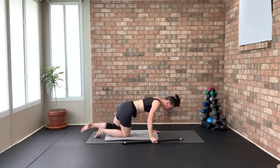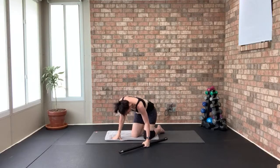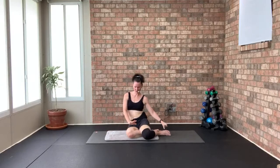Woo! All right. Okay, you guys, we're going to put the bar in our right hand. Right here. We're going to sit both our right knee